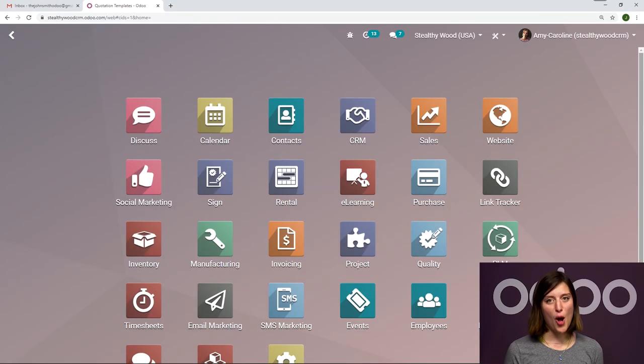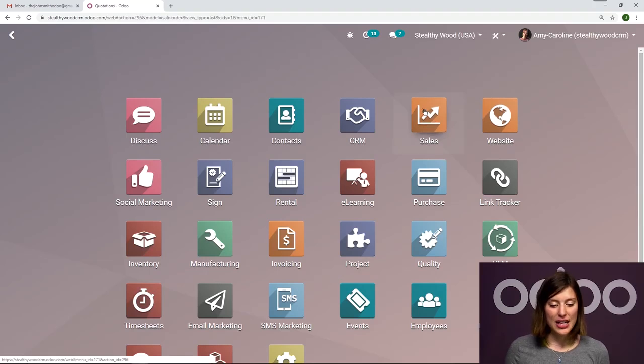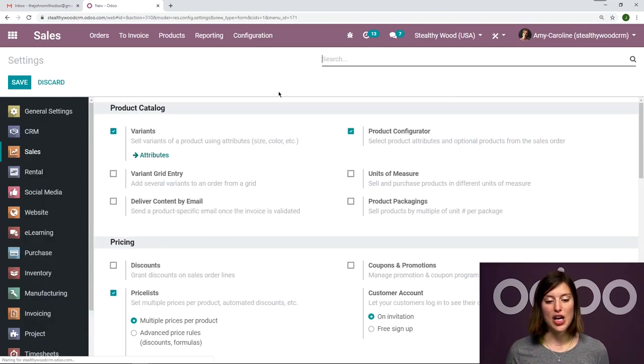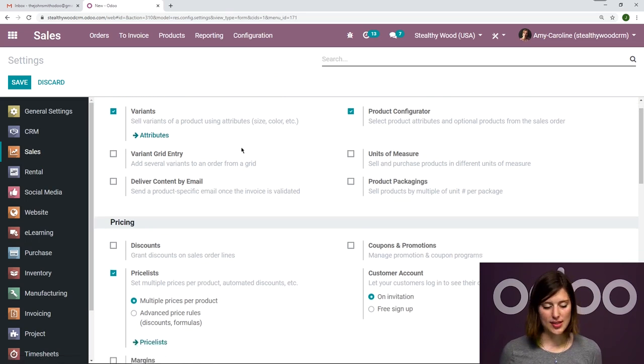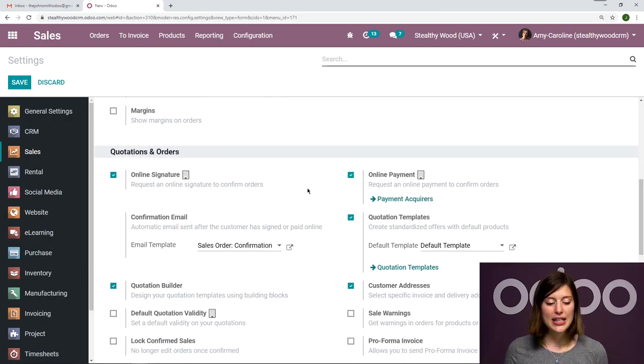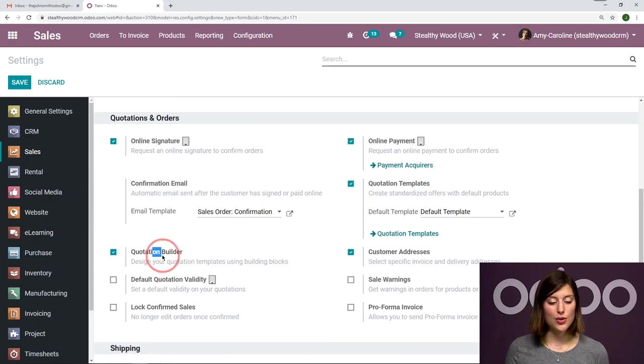All right, here I am on my database. So let's go ahead and jump to the sales application. Then we're going to go to configuration settings. From the settings page, I'm going to activate multiple options this time. So let's scroll down to the quotations and orders section. And here I'm going to activate online signature, online payment, quotation templates, and also quotation builder. Okay, and as you can see, I already have these 4 options activated,